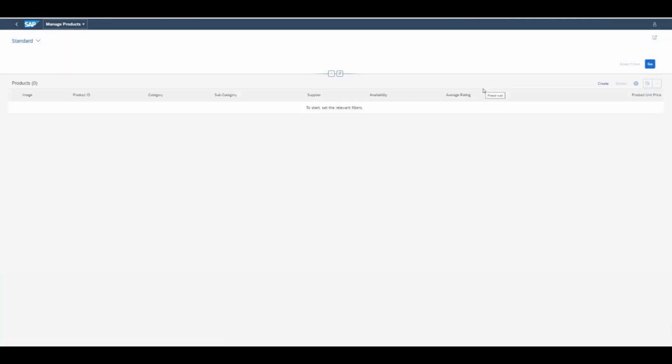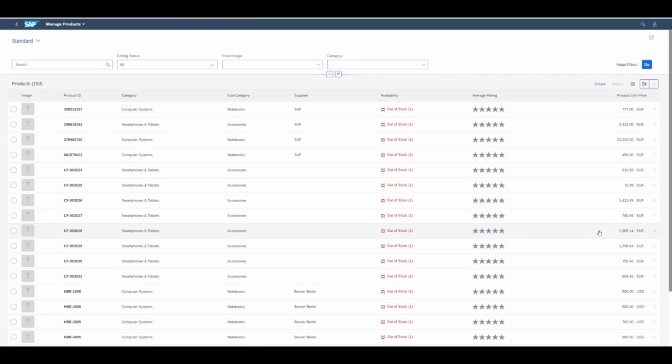You can see the button is already there. To make it active, I just need to click go. So that's what we just did. In the first step, we have used the guided development to add export to Excel button to our list report